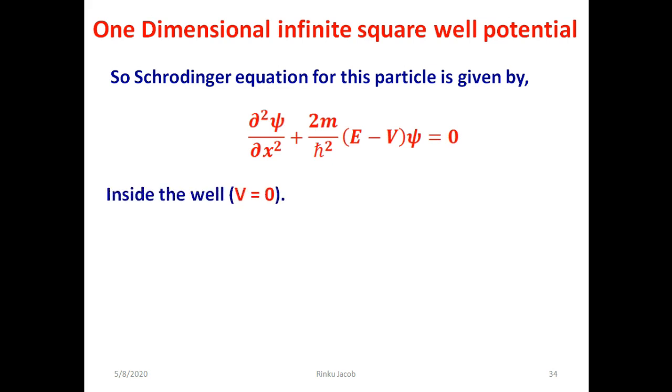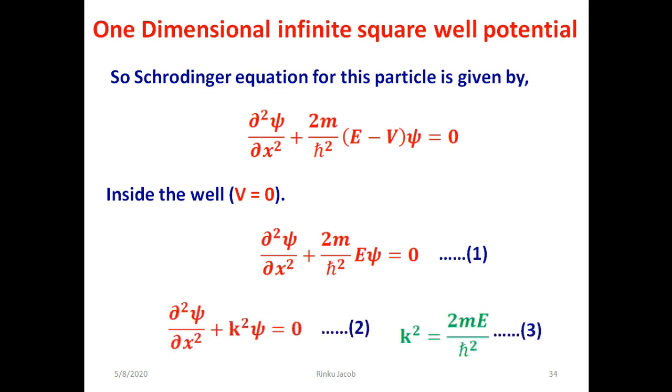But inside the well, as the potential is 0, we take V equal to 0. So the time independent Schrodinger equation reduces to ∂²ψ/∂x² + (2m/ħ²) E ψ = 0, which is equation 1. Now we substitute 2mE/ħ² as k². So we get ∂²ψ/∂x² + k²ψ = 0. That is equation 2. And the value of k² = 2mE/ħ² is taken